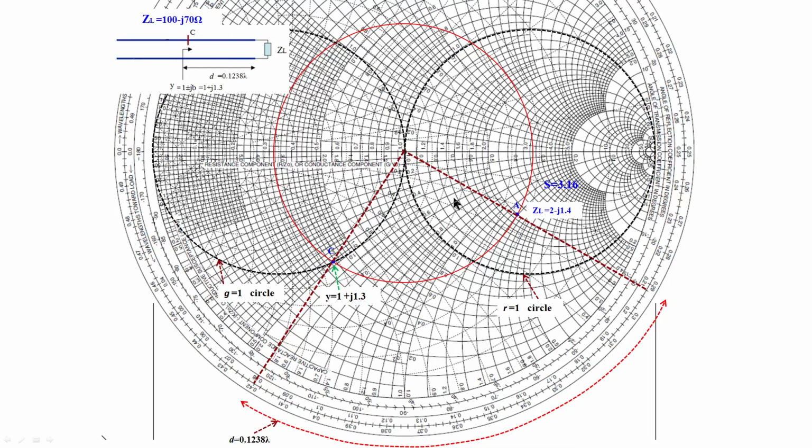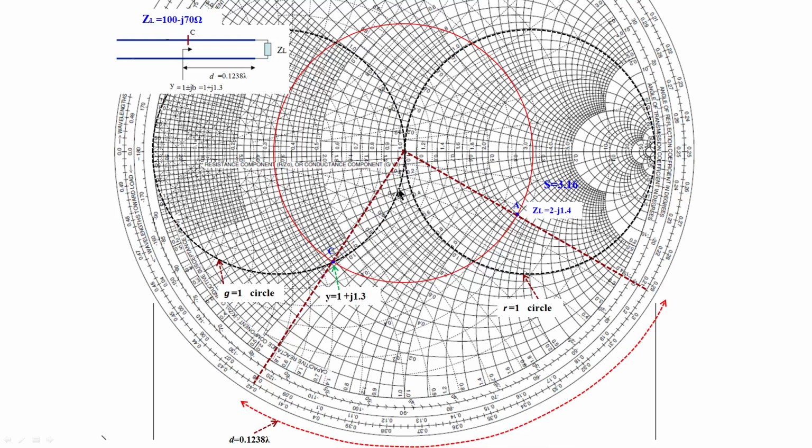To measure that, use a method similar to the previous one. Draw a line passing through the load to the wavelength scale, and draw a line passing through our point to the wavelength scale. Measure the distance from load to here. So you find the conductance G equal to 1 wherever, while moving from the load, the VSWR circle cuts the G equal to 1 circle.